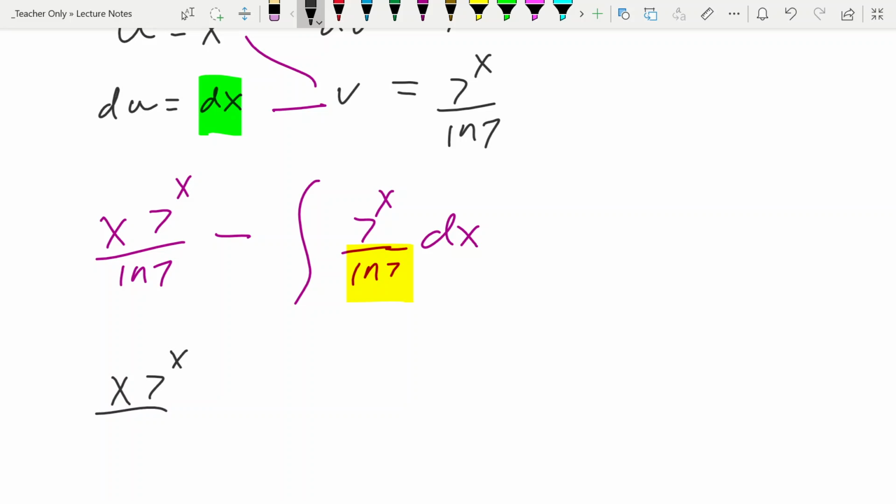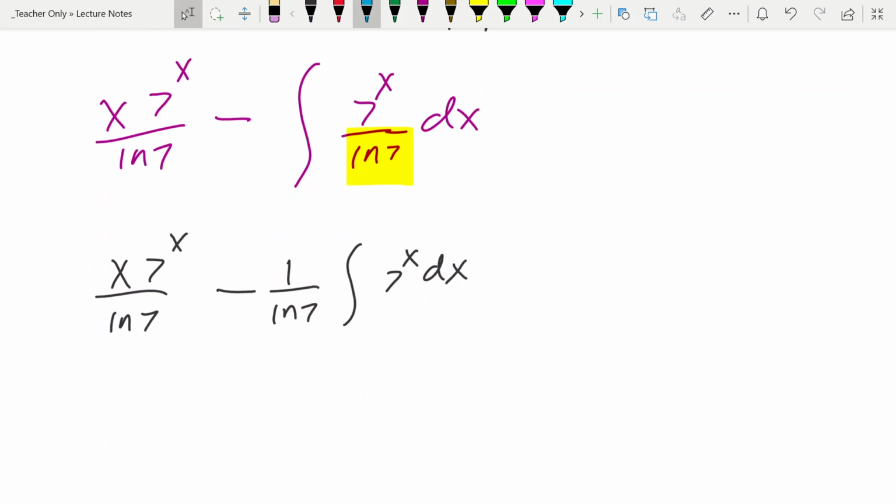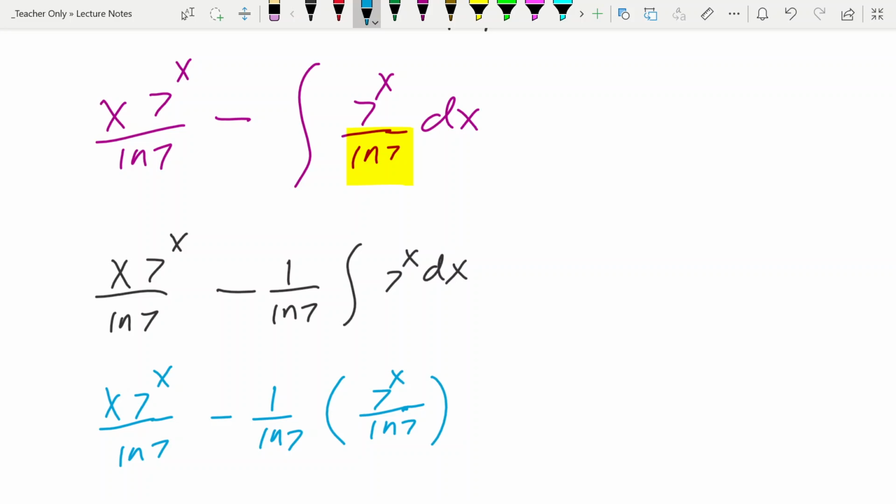So we're going to rewrite x times 7 to the x divided by natural log of 7, minus 1 over the natural log of 7, times the antiderivative of 7 to the x dx. And now when it's written like this, I feel like it makes it a lot easier to see that this antiderivative we've already done. So this is going to be x times 7 to the x divided by the natural log of 7 minus 1 over the natural log of 7 times, what is the antiderivative of 7 to the x? 7 to the x divided by the natural log of 7 plus c,